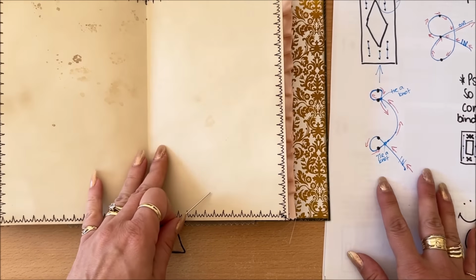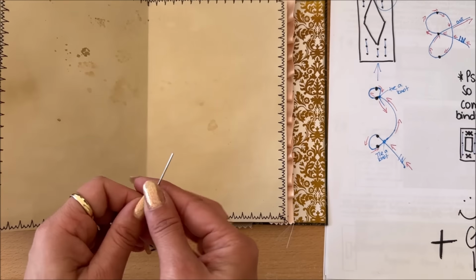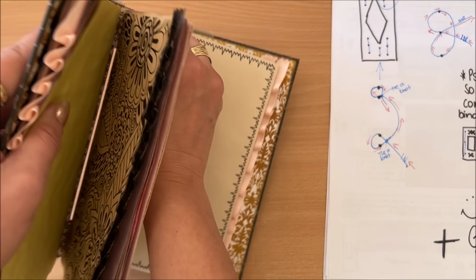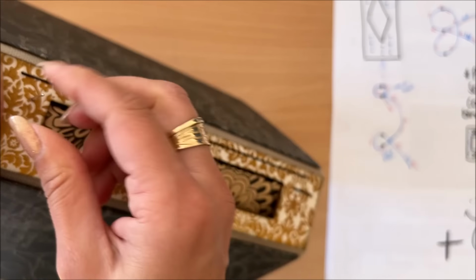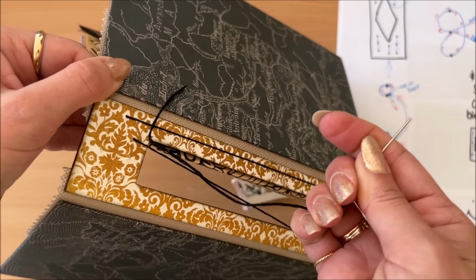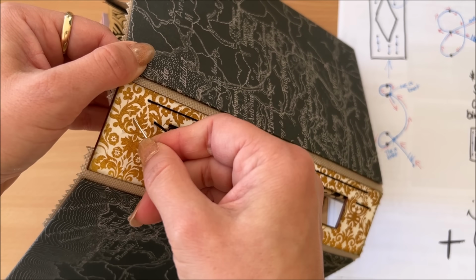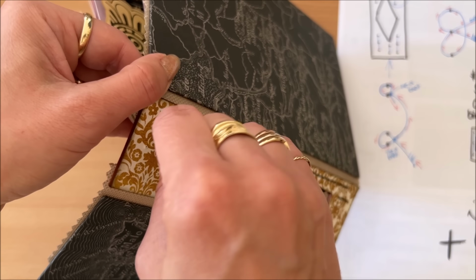Perfect. Now that we're back here, we're gonna go in through the next hole, and I'm gonna go in through the spine at the same time. Here I am, ready or not. I don't know why I just did that. And of course going back in through its corresponding hole in the spine,